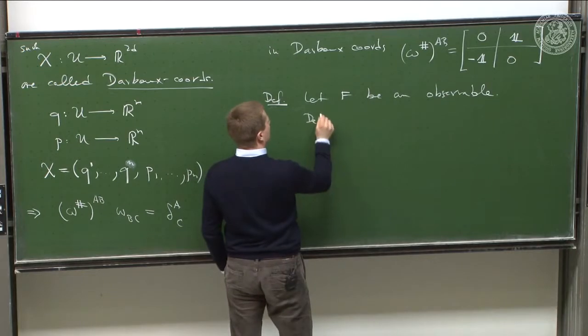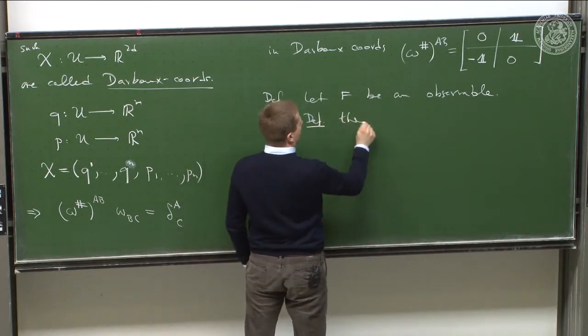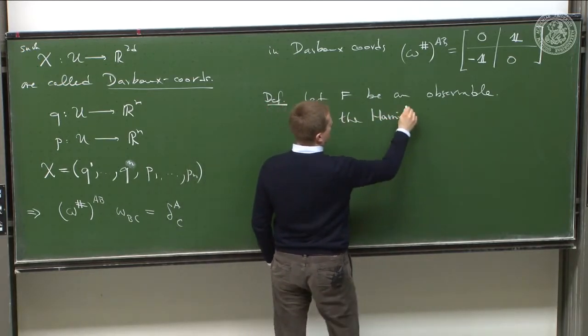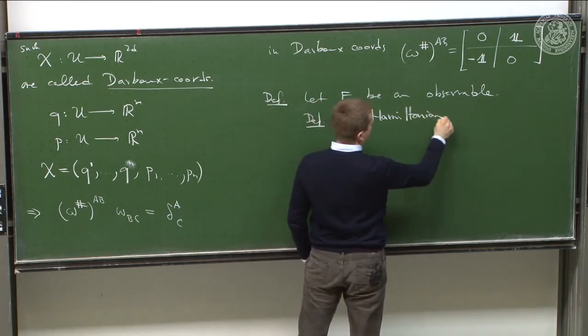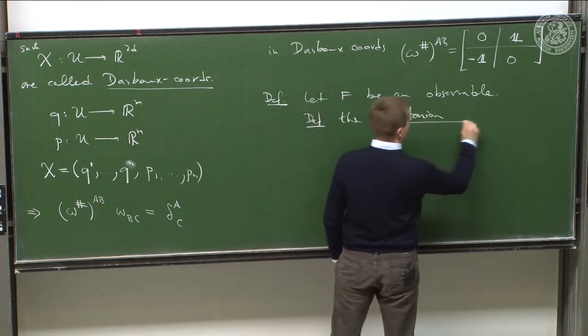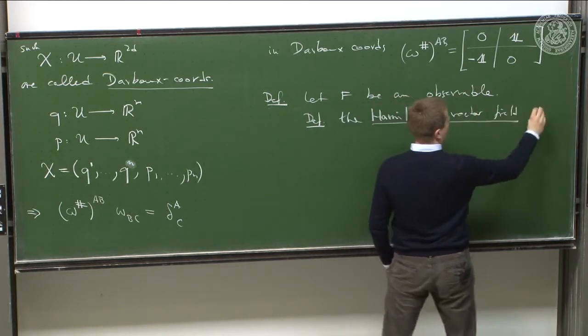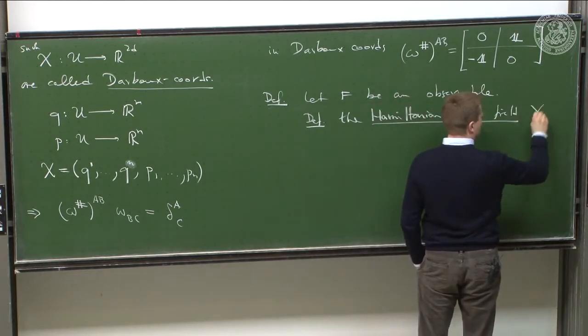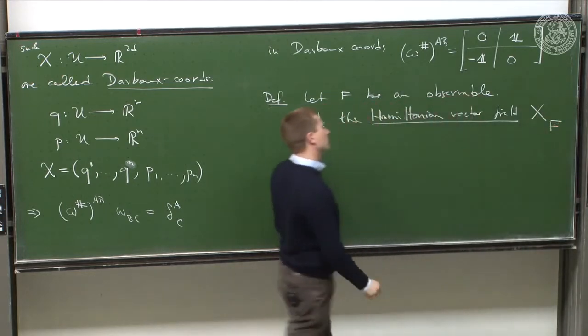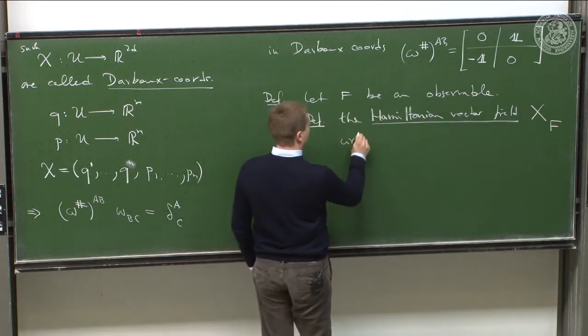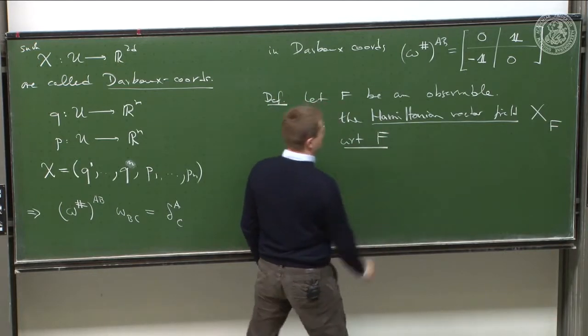Then we define the Hamiltonian vector field. Again, it has nothing to do with the Hamiltonian. The Hamiltonian vector field, let's give it a name, capital X sub f, with respect to the observable f, that's the full name,